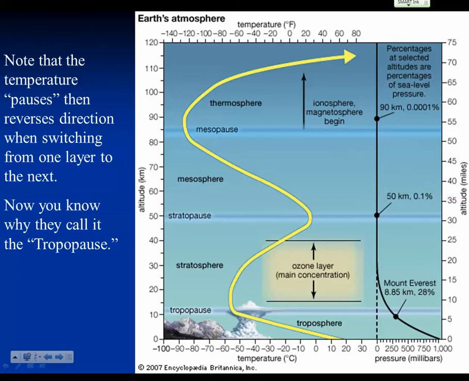And in the troposphere, you can see it's zagging or zigging to the left, and that's because temperature, which is on the x-axis, is decreasing with altitude. And then you see as the clouds pretty much come to a halt, and we pause and then reverse direction, the yellow line zigs to the right. And that's because temperature increases in the stratosphere, remember, due to the ozone. And then back to the left in the mesosphere, and to the right in the thermosphere.